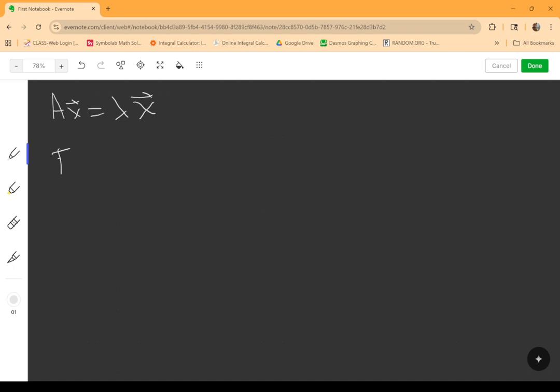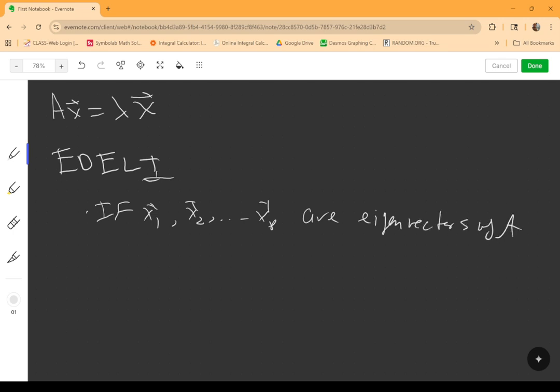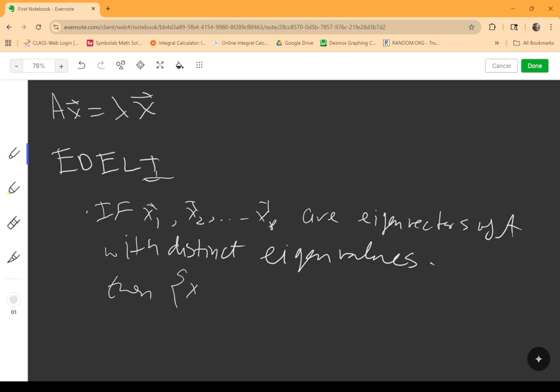What this theorem states is that if I have a set of eigenvectors, x1, x2, all the way up to xp, that are eigenvectors of A with distinct eigenvalues, and those are my hypotheses, then the set x1 through xp